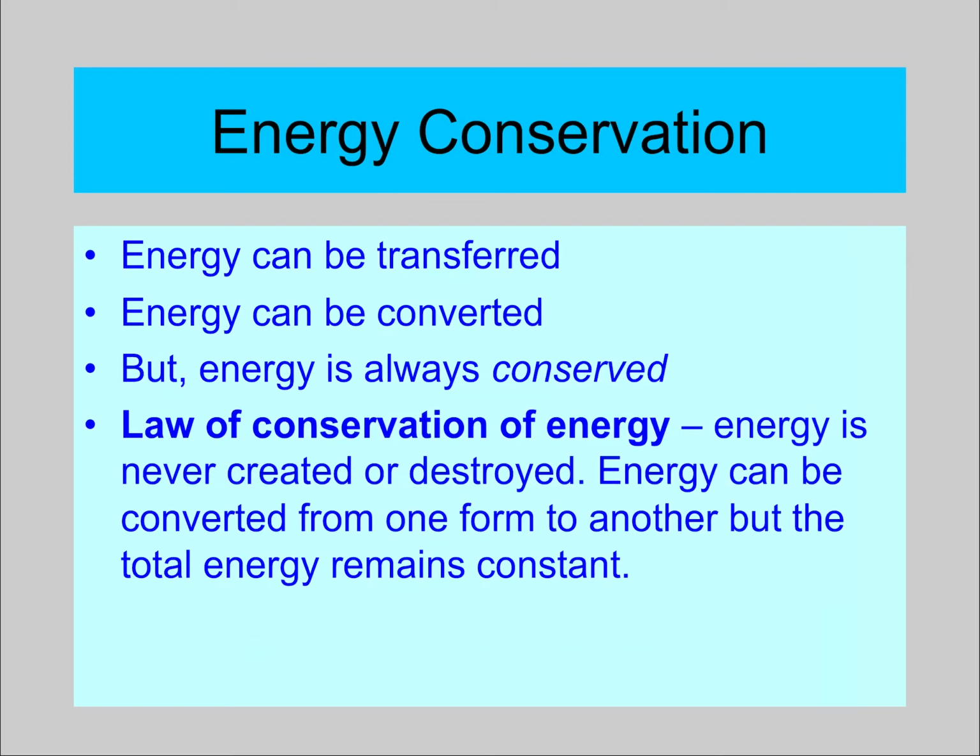Energy conservation feeds really nicely into what we just discussed, which is that energy can be transferred, it can be converted between forms of energy, but energy is always going to be conserved. And this is a law. So another law, the law of conservation of energy, which tells us that energy can never be created or destroyed, so it must come from something, like the sun. Energy can be converted from one form, one of those 5 forms, to something else, but the total energy of the system, the universe,